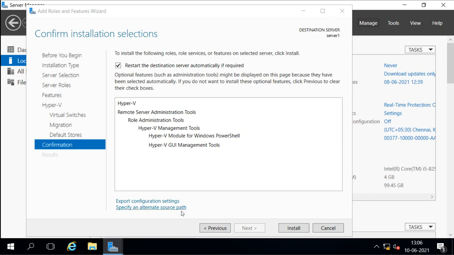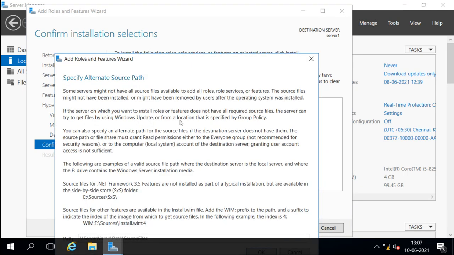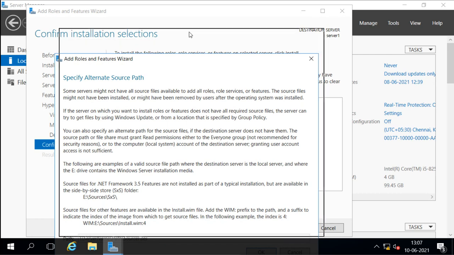In that case, it will give us a warning that some of the features are not available, and for those you have to get them from the installation DVD, and for that you have to mention the alternate source path.